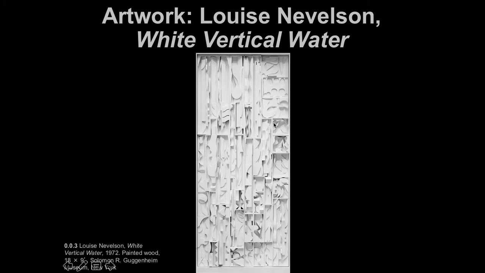So we would call a piece like this abstract, highly abstract, because we can barely tell what it is. It could even be non-representational, meaning it's just some shapes and some paint and some wood. But in her case, she's saying that this has to do with water and it has to do with fish in a waterfall. So we'll take her word for that. And this is a sculpture. The last ones we just looked